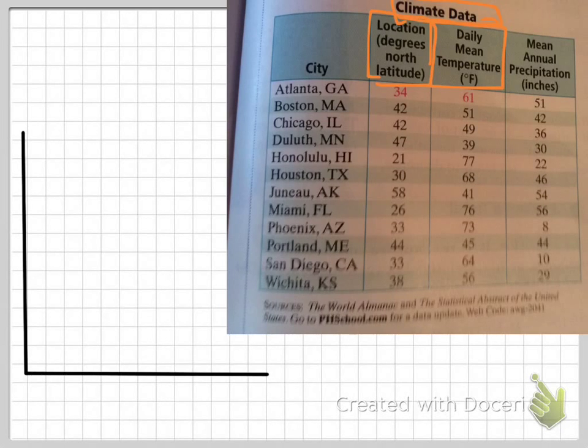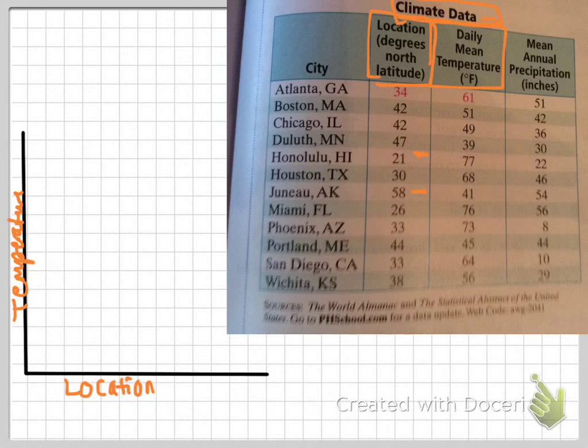I'm going to label my 2 different sides. So I have my location as my x-axis. That's the latitude. And then I have my temperature, my daily temperature, as my y-axis. Now, looking at the data here, it ranges for location from about 21 degrees north latitude to